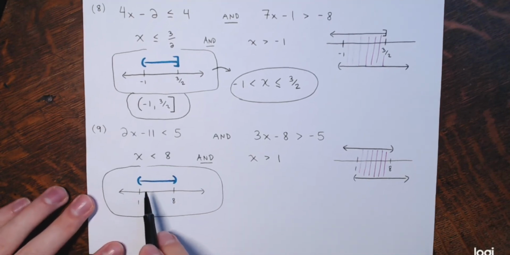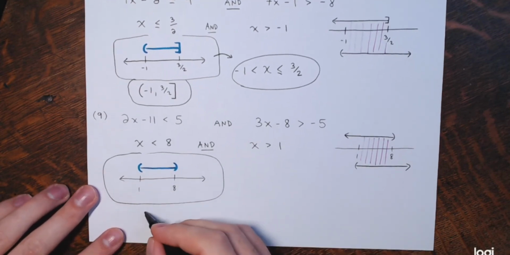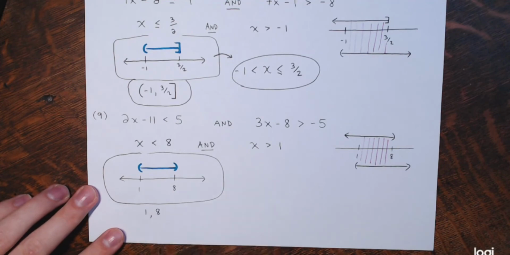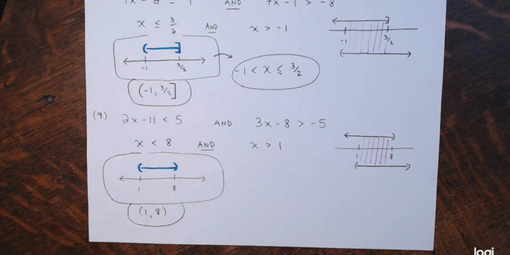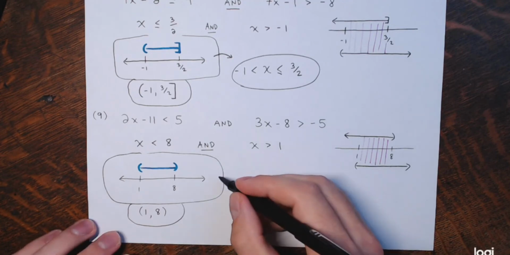Again, pretty easy interval notation, going left to right here. You're going from 1 to 8, so 1 comma 8. Parentheses on both, because neither 1 nor 8 are considered solutions of the compound inequality. Right? Neither one of them satisfy both inequalities. And once again,